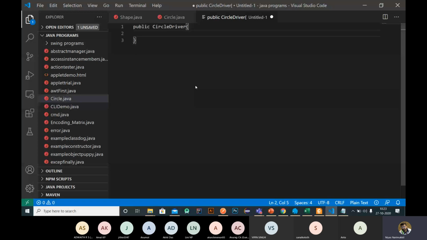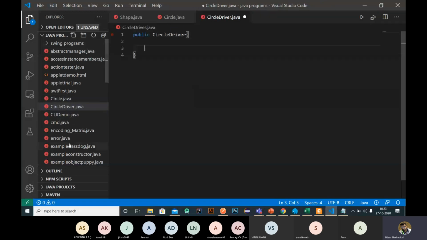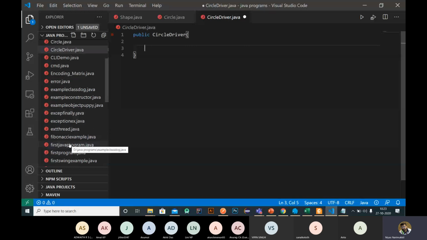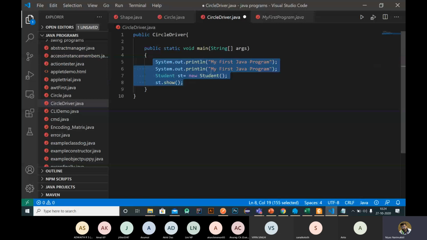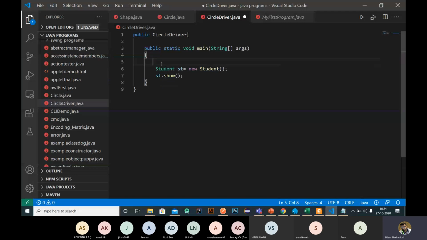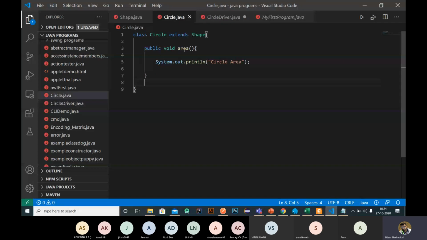Instead of creating a student object, we are going to create a circle object here. We can call both things: we can call area, and we can call the display method also. So st.area, then display.